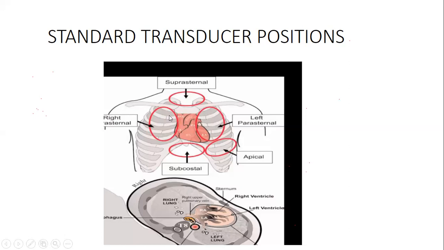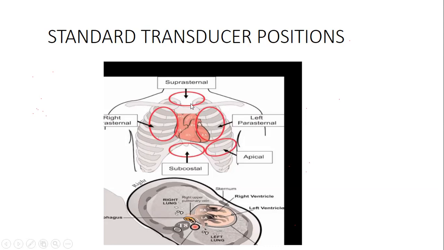The right parasternal view is normally not an important view, and in routine cases it's very rare that we use it. But if you want to see the right ventricular outflow tract, this is also good. But in most cases, this is not very useful during echo cases. And then we've got the fifth